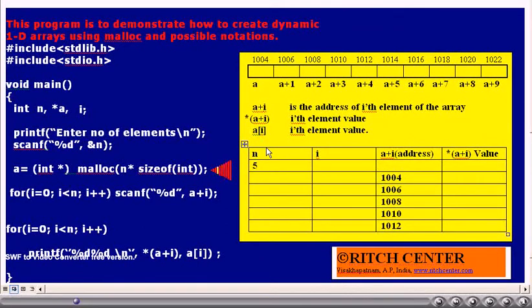Thus, though for any pointer the allocated memory cell number is the one which we can assign, practically the difference comes in this fashion. That is, if A is an integer pointer, A plus 1 means just 2 will be added to A. Like that, the type matters.